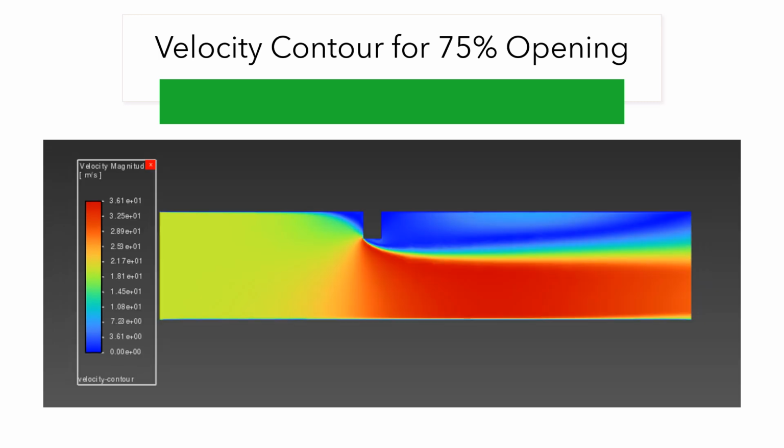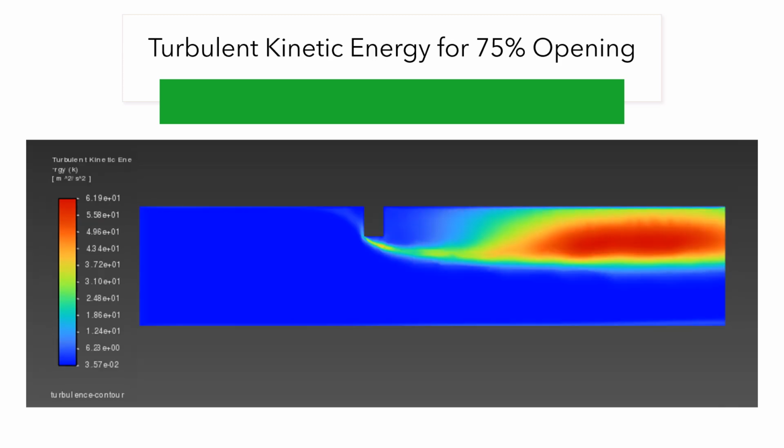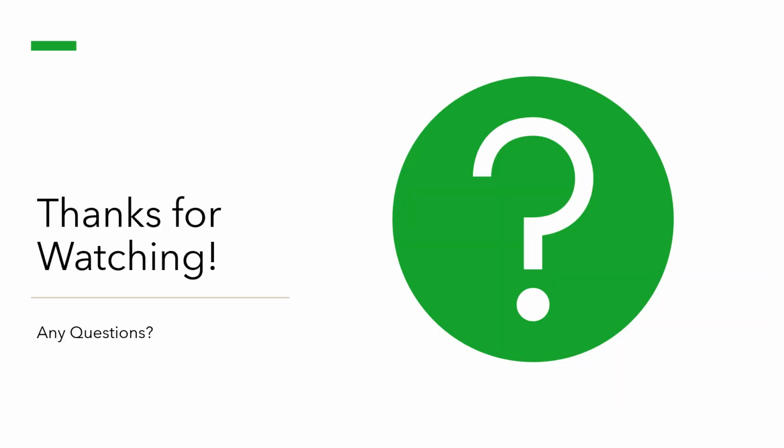This is the velocity contour for 75% opening. It's almost similar to the other ones, except this area of streamlined flow for high velocity is significantly larger. And again, that blue area will be where the turbulent kinetic energy is. As we can see in this slide, as it starts to drift off to where the swirls won't be flowing in streamline anymore, they're kind of curling up, and that is right where all that turbulent kinetic energy is. That is all I have for my